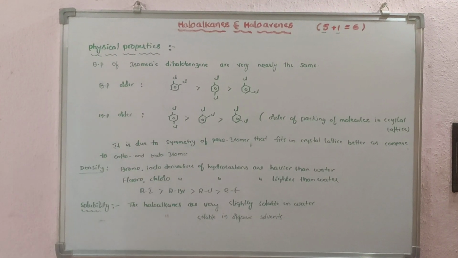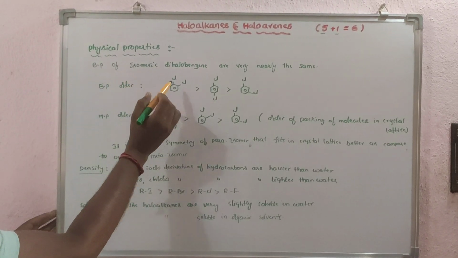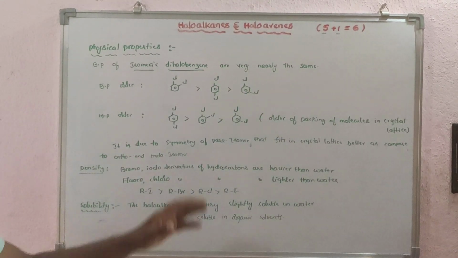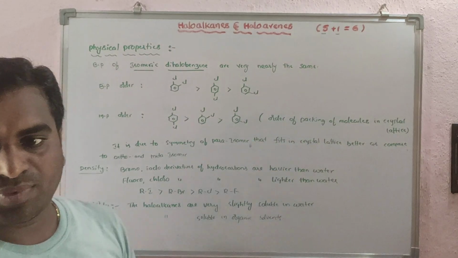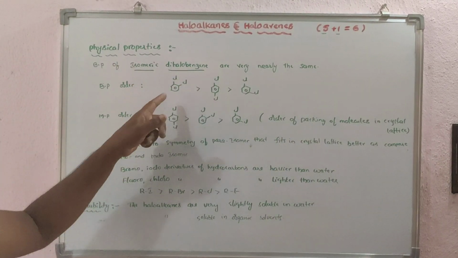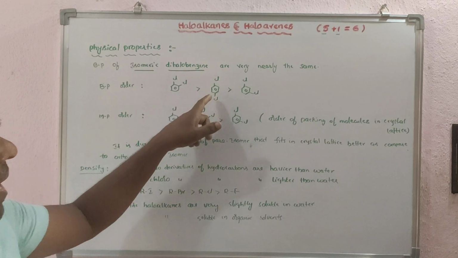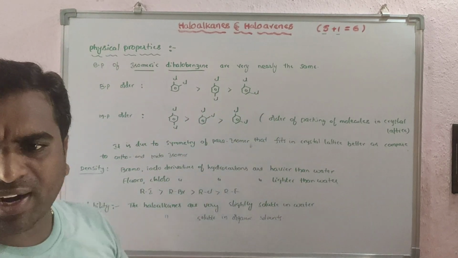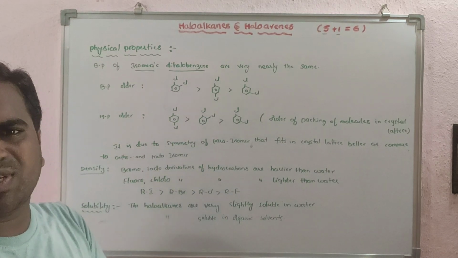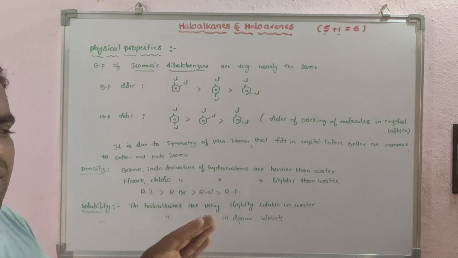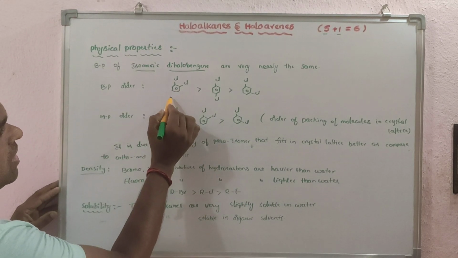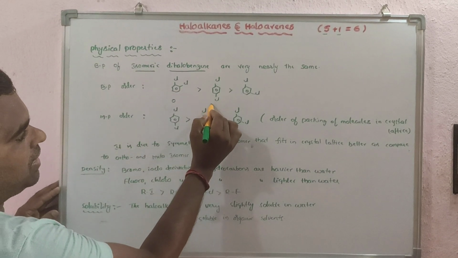The next one: boiling points of isomeric dihalogens are very nearly the same. If you compare boiling points of dihalobenzenes like ortho-dichlorobenzene, para-dichlorobenzene and meta-dichlorobenzene, the boiling point difference is almost the same, slightly different but almost the same. So which one will have the highest boiling point? Ortho, and after that para,